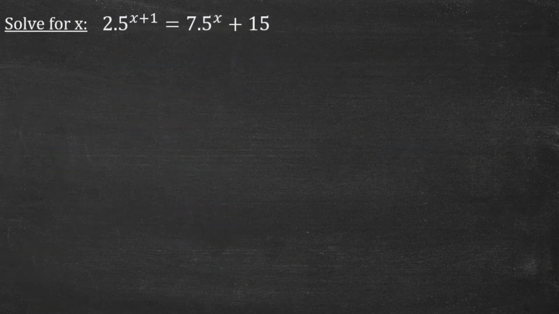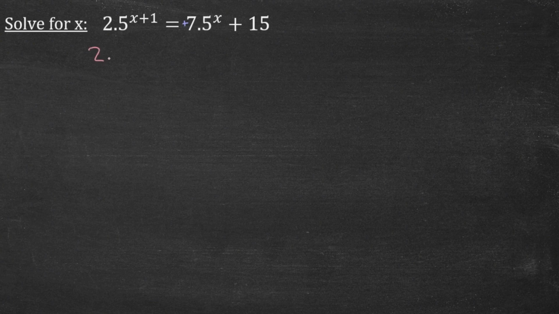This is the final example of this video. In this exponential equation, I can see that the terms that have exponents with an x are on opposite sides of the equation. So what I'm going to do is I'm going to move this term to this side of the equation. Now, because this exponent is added on this side, I need to subtract it from this side. And what I do on this side, I have to do on this side.